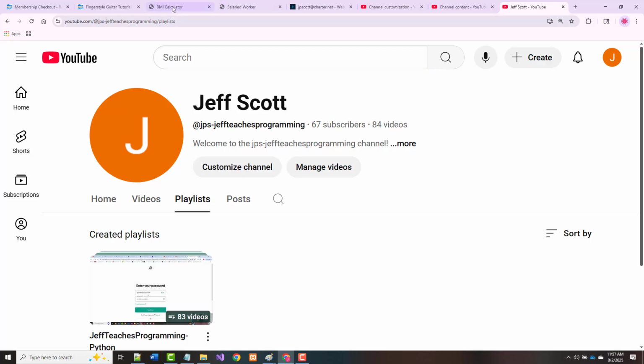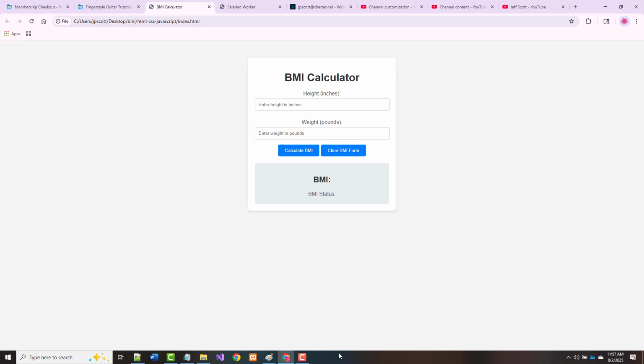So the first one is a BMI calculator. If I go in there and put in, for example, that I'm 72 pounds and in my dreams I weigh 200 pounds, and I click calculate BMI, it gives me my BMI status, and it says that I'm overweight. If I clear it, you'll notice that it clears those two out and sends me back to the start. I've also written another one here